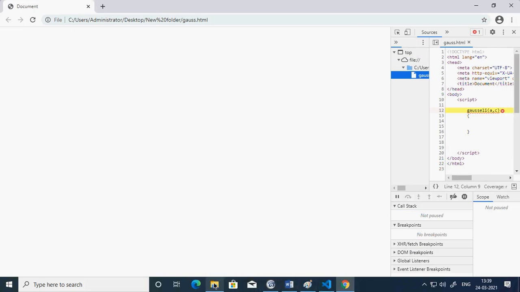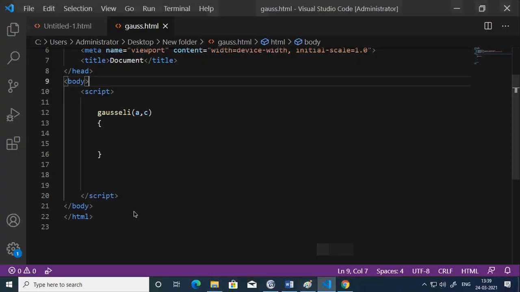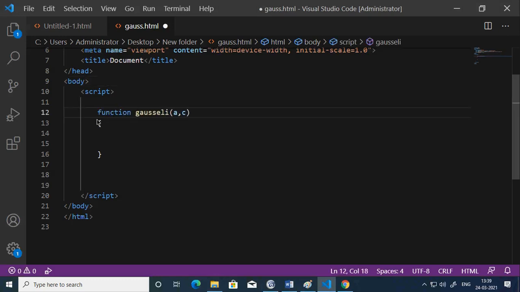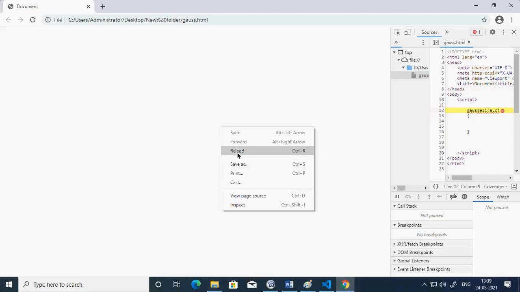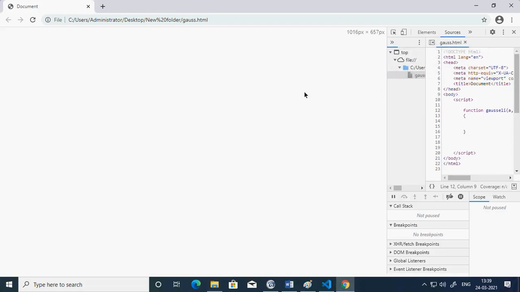Say why? Because it is a function. Okay, so I need to call this as a function. I am trying to call it without defining this. Now I just reload it. Okay, so everything is fine.